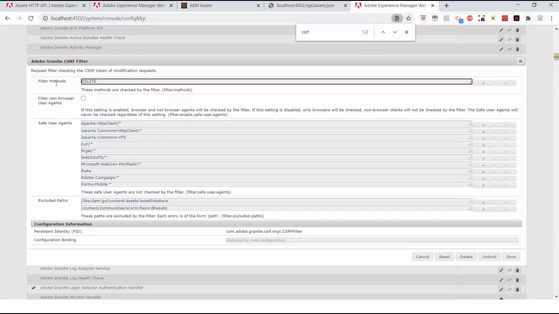Yeah, so another finding here is we should have at least one filter method available over here, so it's not accepting if you remove everything. So maybe we can put something which we don't need. There are other options also available within HTTP.